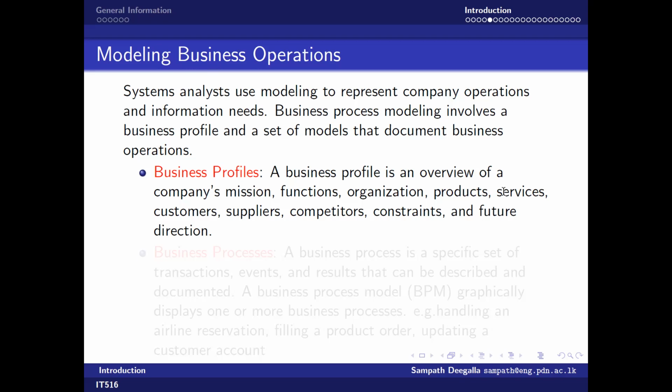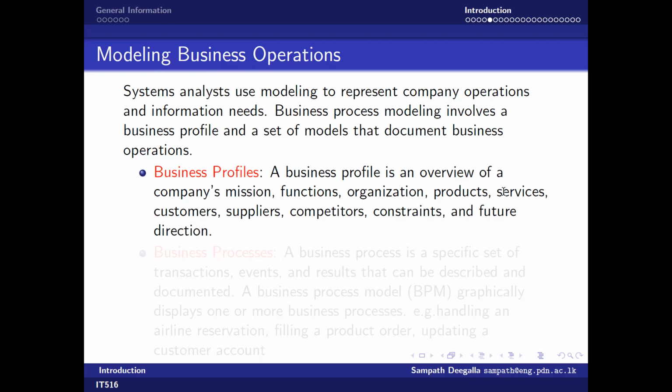Right now, for example, the mission of University of Peradeniya is to produce graduates who are highly qualified, 100% employable, and who also contribute to the industry needs. Now, for that, we have to have a set of functions, right? Our input is students who come in just after passing their A levels, and within 4 years' time, we want to mold them